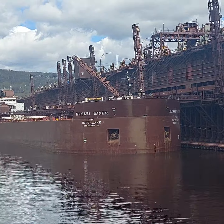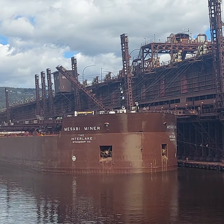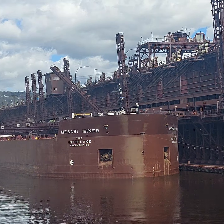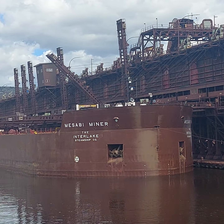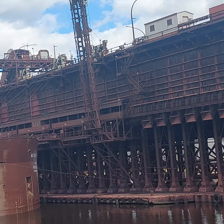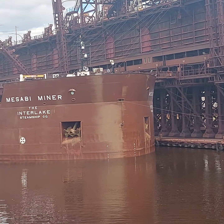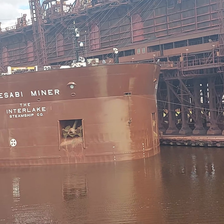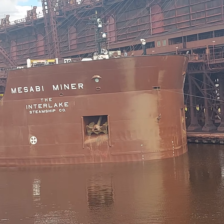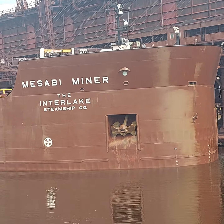Well, this is largely because of the fact that those large chutes there are actually taken from other iron ore docks across Lake Superior, because they don't manufacture them a whole lot anymore, and it's easier to take them from inactive docks and transfer them around as needed instead of manufacturing all brand new ones. So in this case, a couple of them are taken from Dock 6 directly. Others were taken from Dock 5. Some of them even taken from the other iron ore docks on the Superior side of the harbor, and some of them even